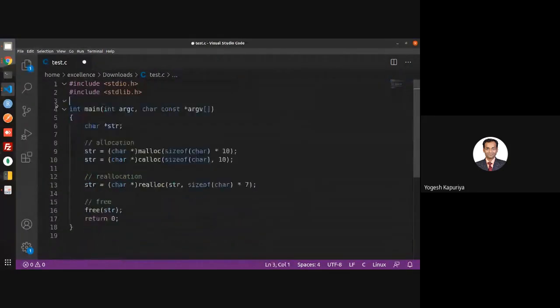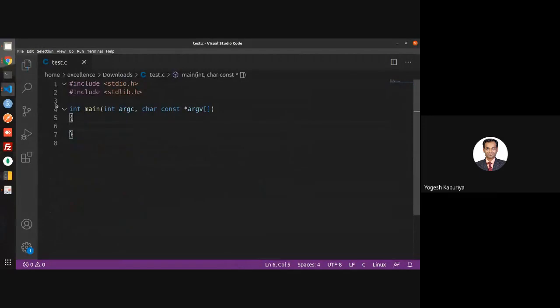Then I think I want to discuss stack, but there is no sufficient time for discussing stack. So let us discuss something else which is more simple. Let us discuss number sorting, bubble sort. You have an array of numbers, let us say 10 numbers, and you want to sort it. Obviously, the first step will be to take the numbers from the user.